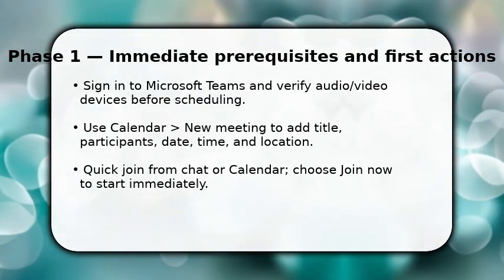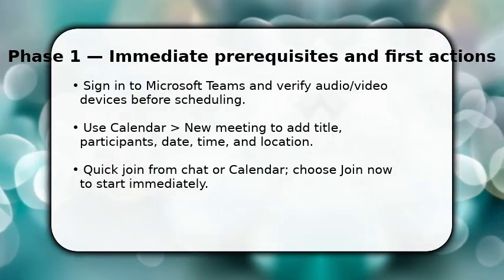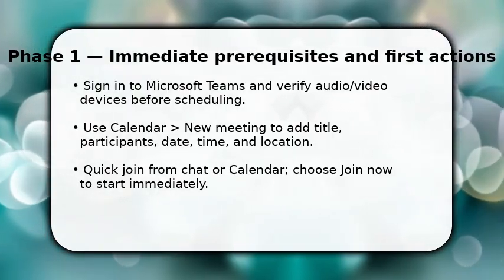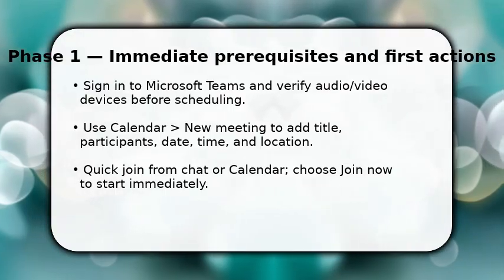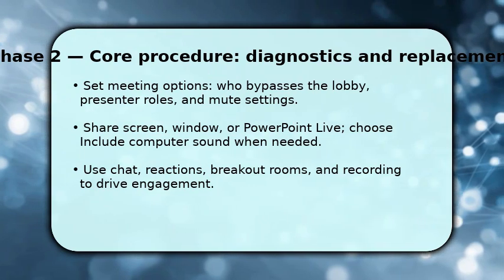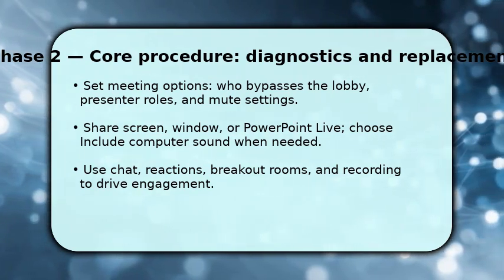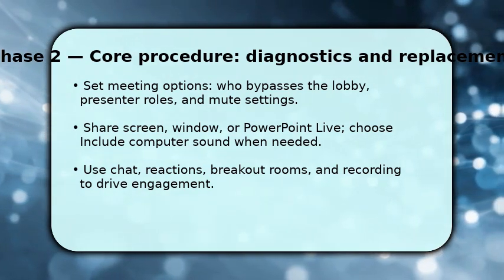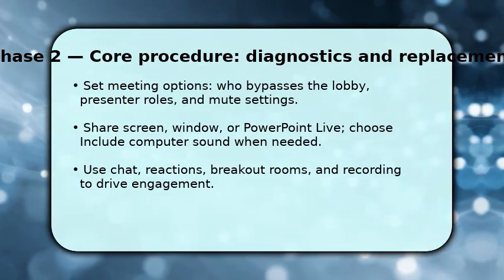If you need to begin right away, use the chat or calendar, then tap Join Now. That gets people connected fast and keeps your meeting on schedule. Once attendees join, control the flow. Open meeting options to decide who bypasses the lobby and who is a presenter versus attendee, because roles control sharing